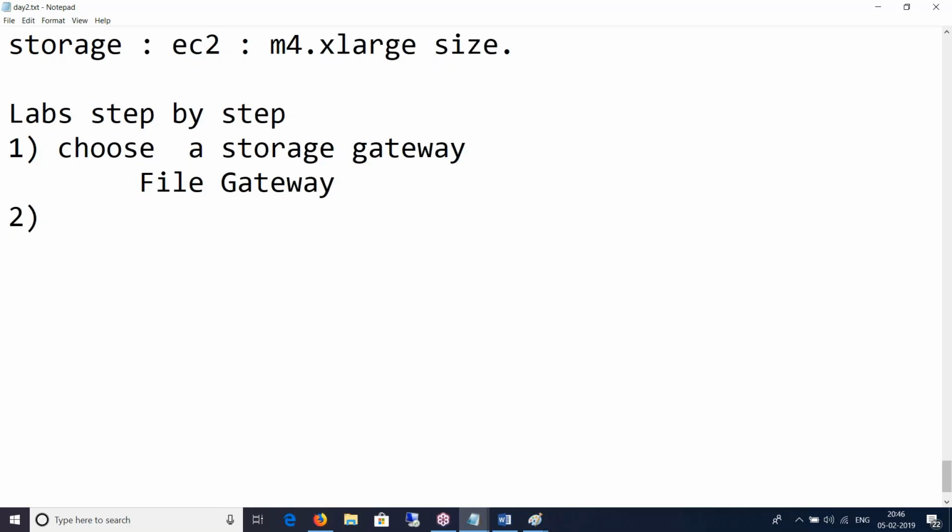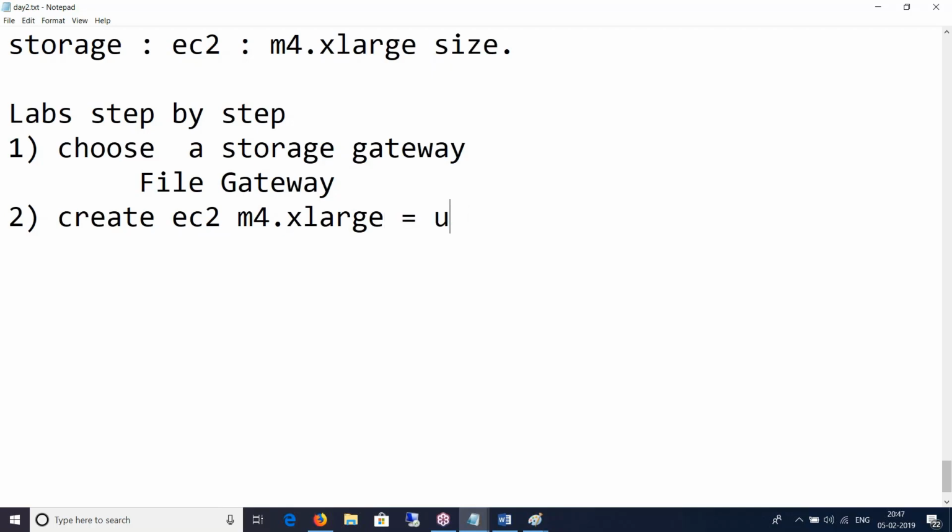Once we select the file gateway, it will ask what kind of gateway it is: on-prem or an EC2 instance? Because we do not have an EC2 instance, we have to create one. What size? M4 xlarge minimum. That's as per the documentation.